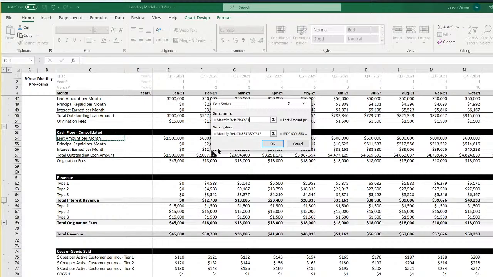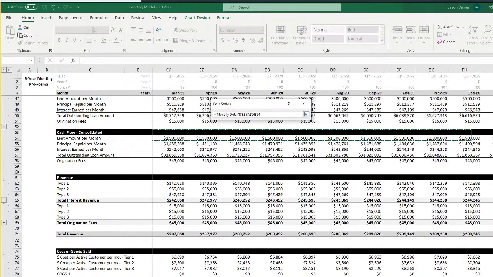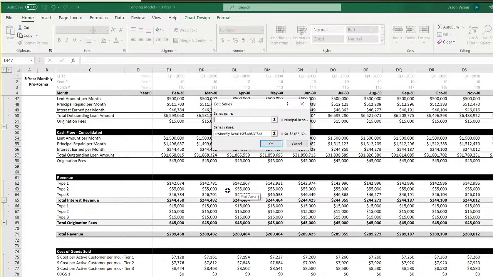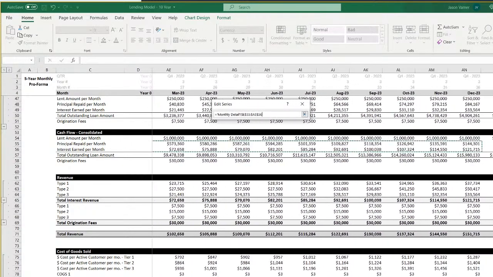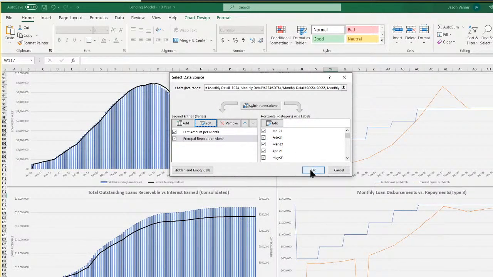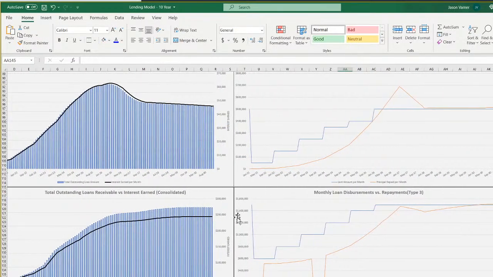So lent amount versus principal repaid. Okay, yeah. So this looks kind of wacky, but it's because my assumptions are a bit